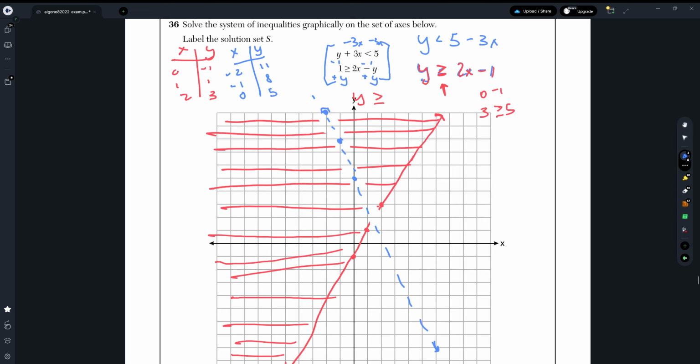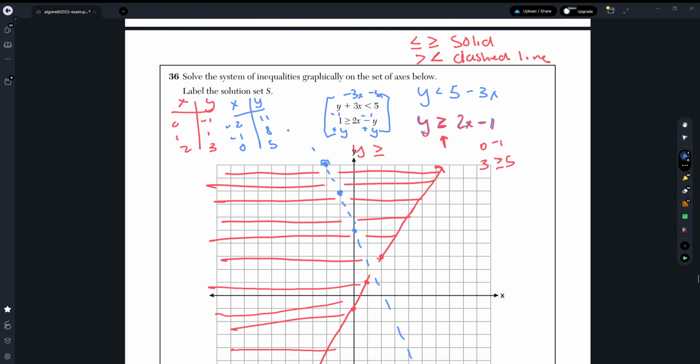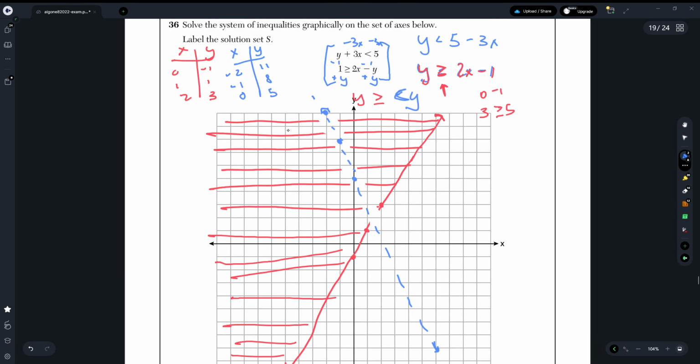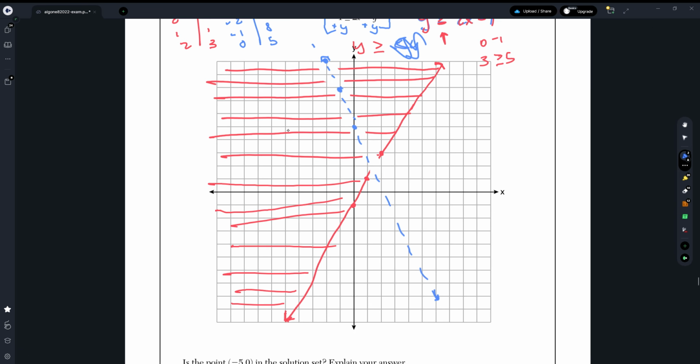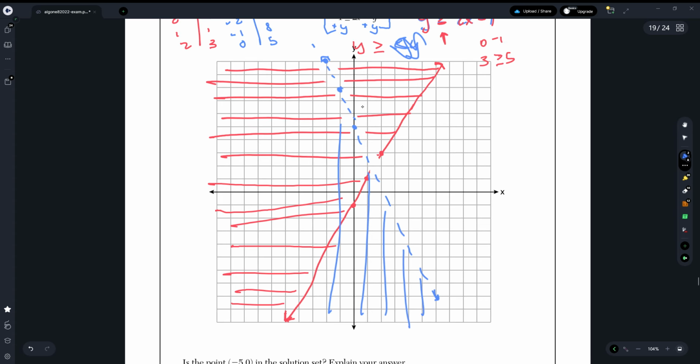Okay, and just a quick note, once again, we're going to have to shade to the left because of this sign, right? Or never mind, because our y is going to be less than that. So we have to shade down. I don't think there's any way to make this not look sloppy, but